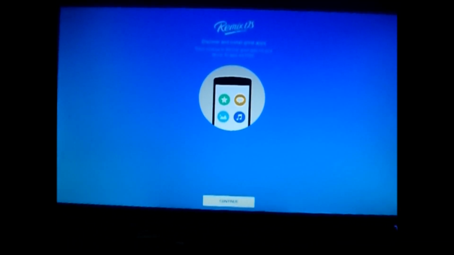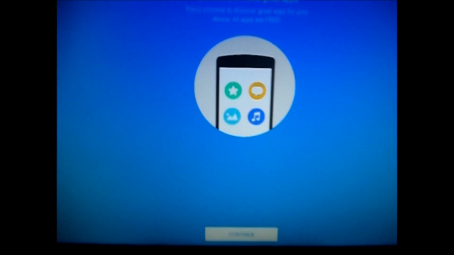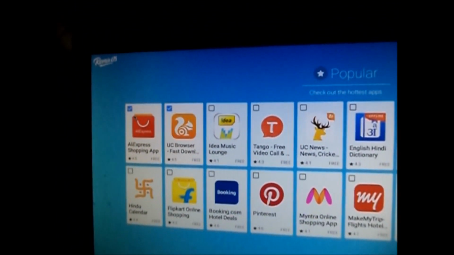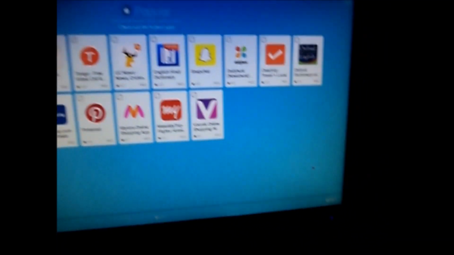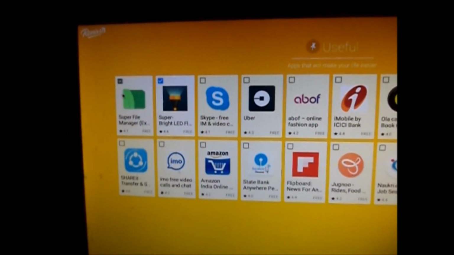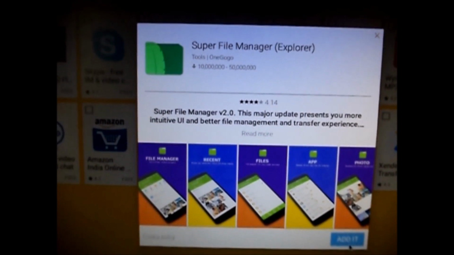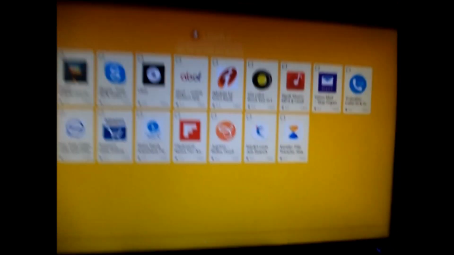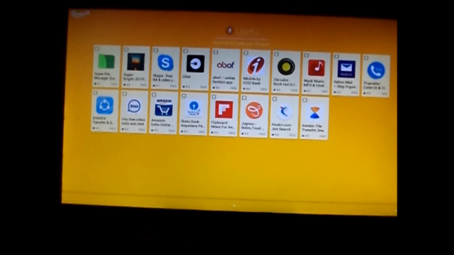Okay guys, once we have reached here, it asks us to install some apps if we need. So click on continue guys. Yeah, here it has selected some recommended apps, but I tell you, unselect these. If you want them, you can do it afterwards. Then click next. Okay guys, unselect everything. If you want, you can see the information. Okay, and then unselect everything and click on next, which will be in the bottom right corner,